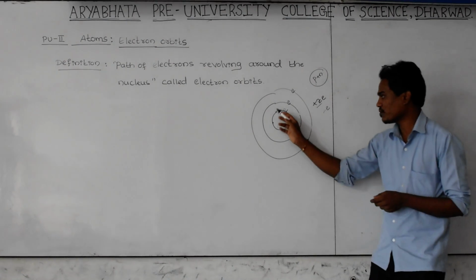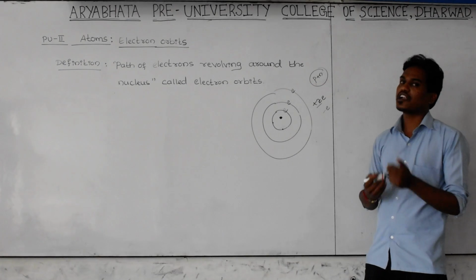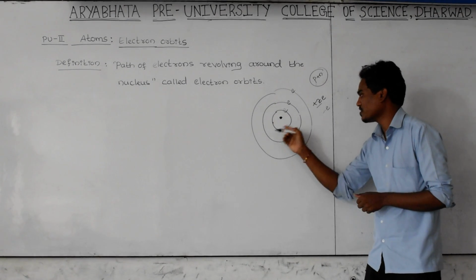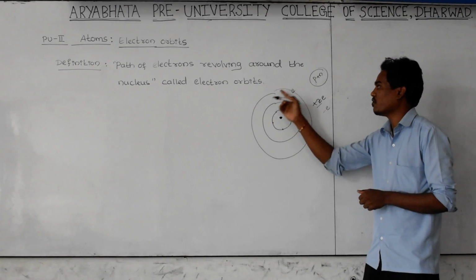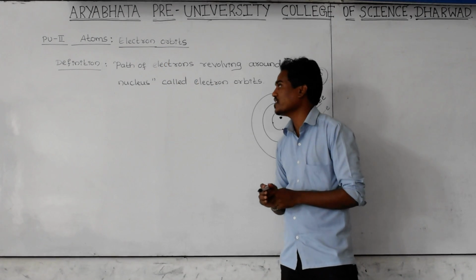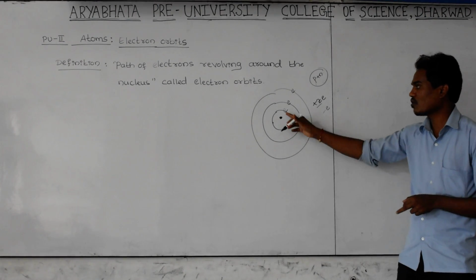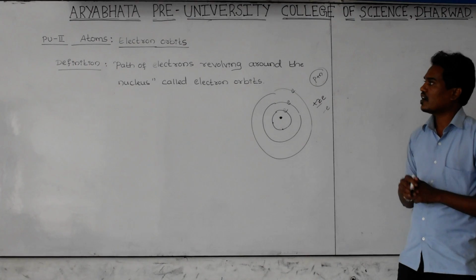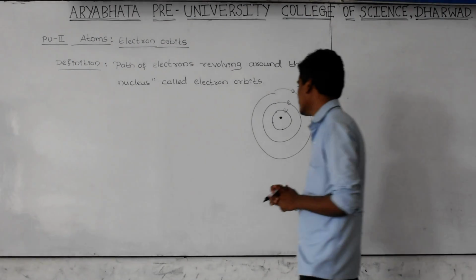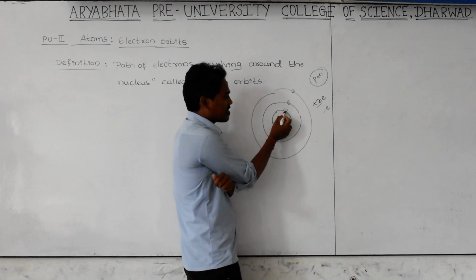These are the orbits of the electrons. There are different orbits, and depending upon their orbit energy, the electrons revolve around the nucleus. That's why we have the concept of electron orbits: the path of electrons revolving around the nucleus is called electron orbits. And let us consider there is an electrostatic force of attraction between this nucleus and this electron,